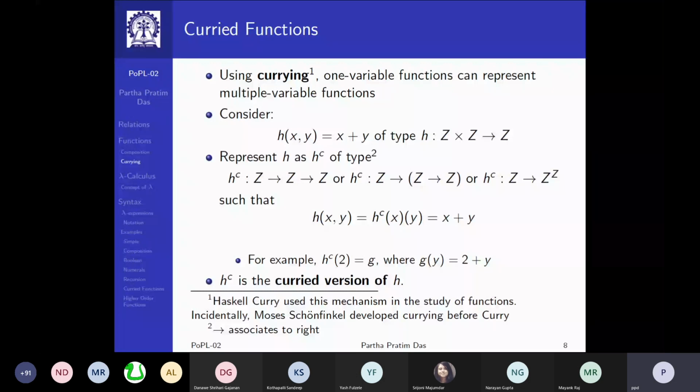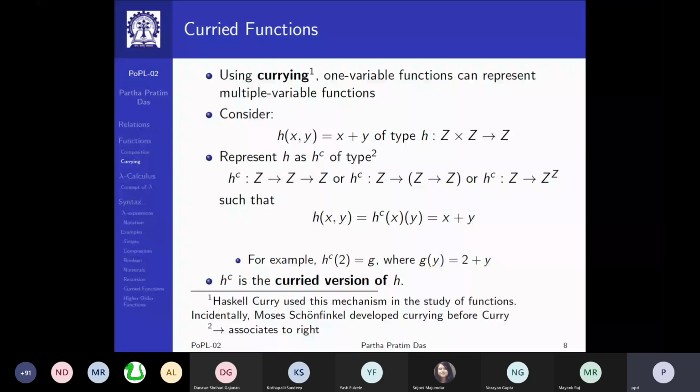This form is the easiest to understand. It takes one value in Z, which we are here using as 2, and gives me a function back. That function is g. What is that function? That function is 2 plus y. So I can represent a function of two variables x, y in terms of one variable functions which are curried. That is the most important observation to make here,